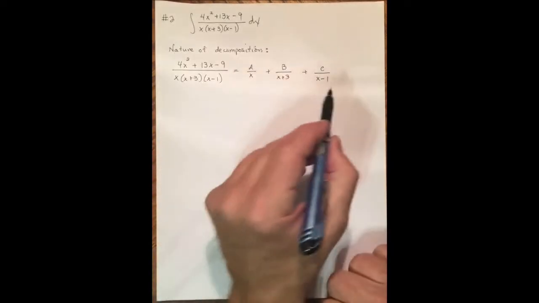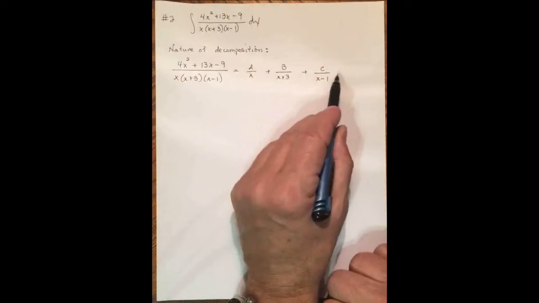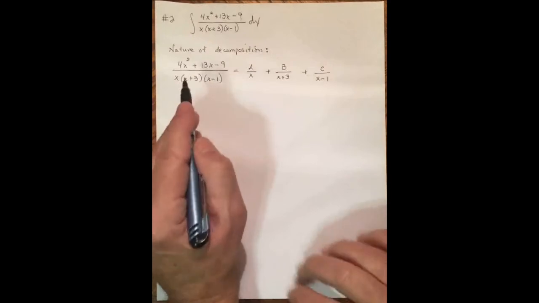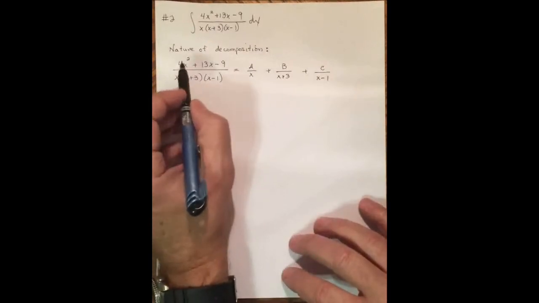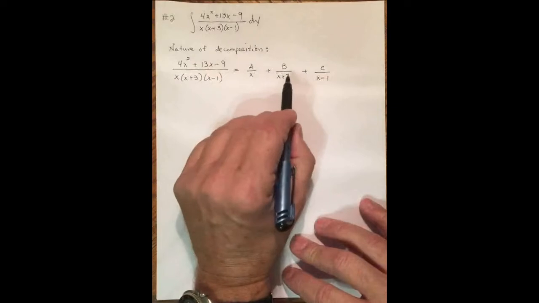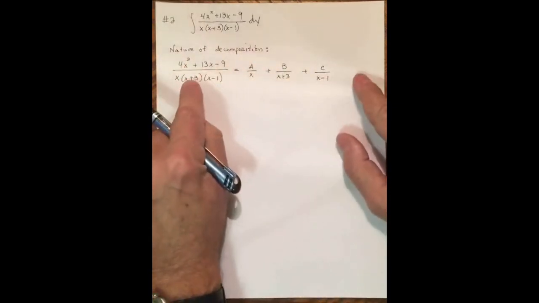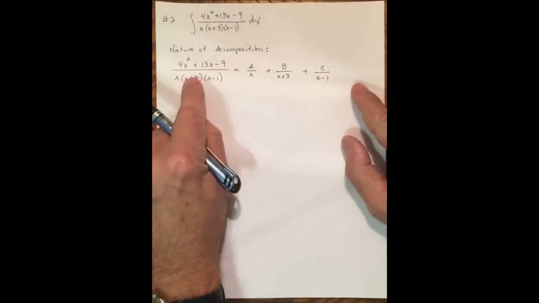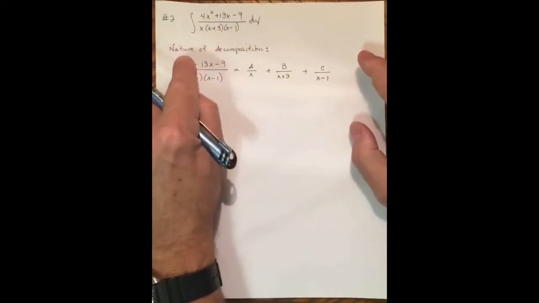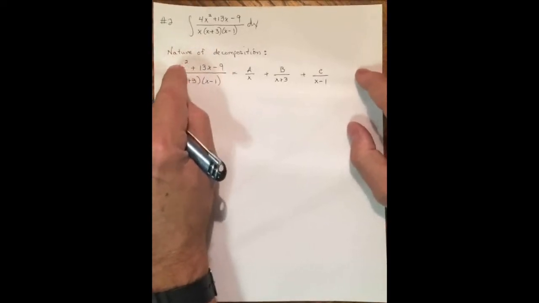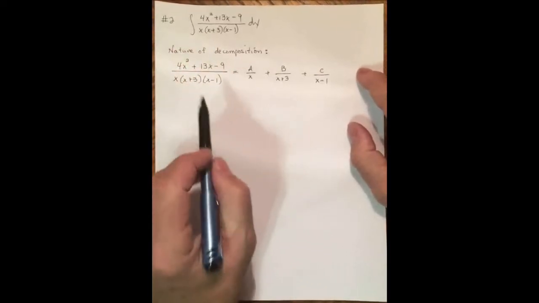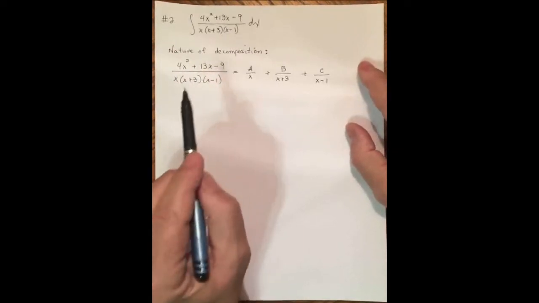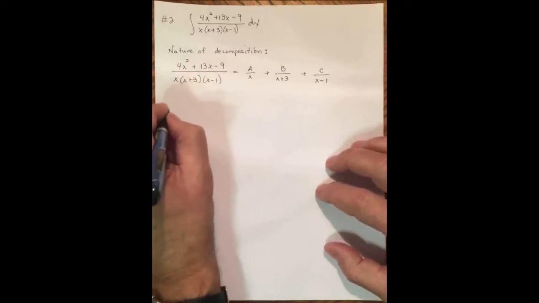So let's do this. Let's again, just like in the textbook, get a common denominator. Now the common denominator is always this. So now watch what I'm going to do. I'm going to skip a step and assume that we're going to get a common denominator. So we're going to end up with two fractions that are equal, and those two fractions have the same denominator, which forces the numerators to be equal, because the only way two fractions can be equal where the denominators are the same is if the numerators are the same. So I'm going to take this numerator